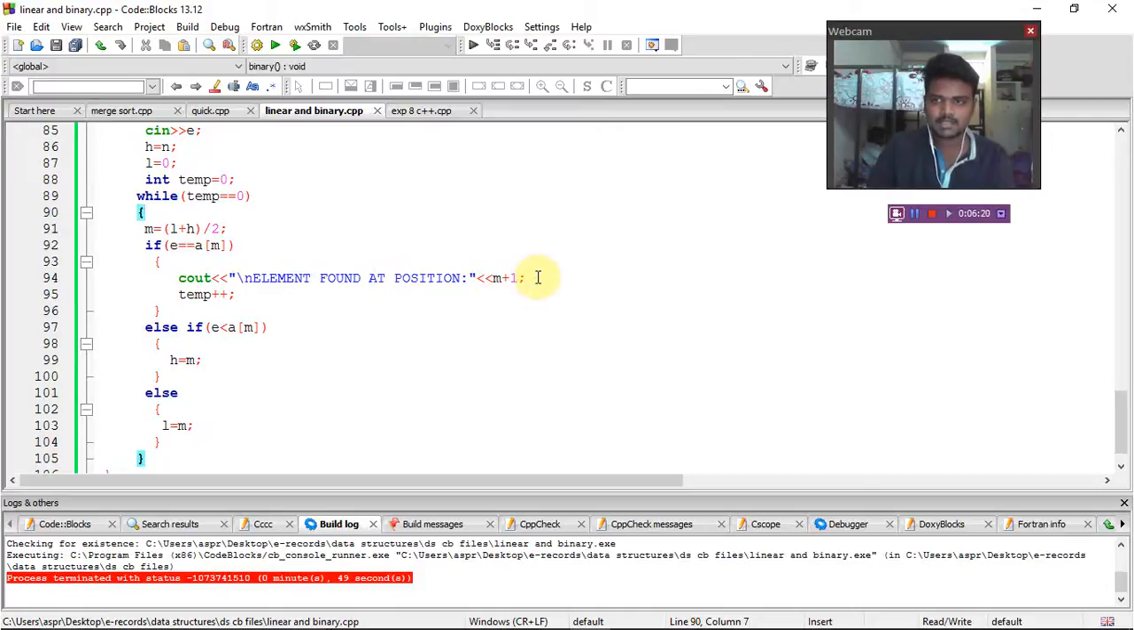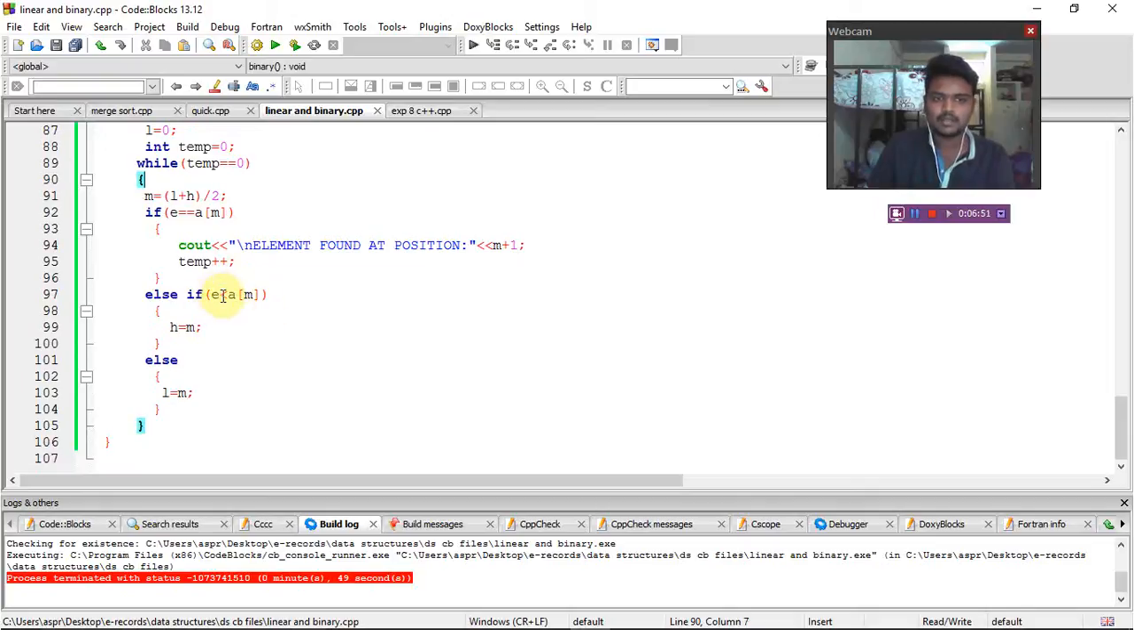In the same way as in the linear search, we have used i plus 1 because from our point of view the array starts with 1, but from the computer's point of view the array usually starts with 0. So we have used temp plus plus. When the temporary variable is incremented, the program terminates. It means the temporary value will not be 0. And again, if the value which we want is less than the middle term,